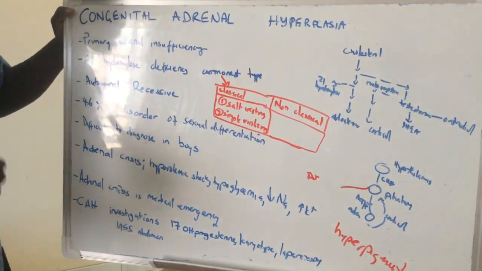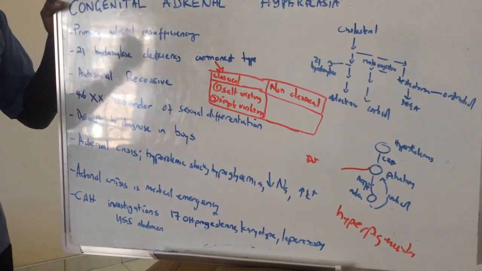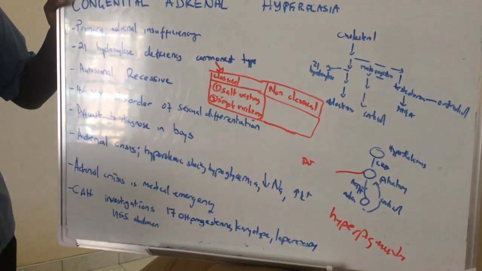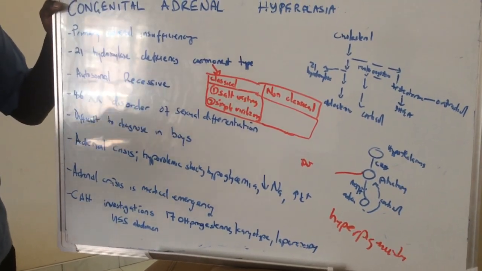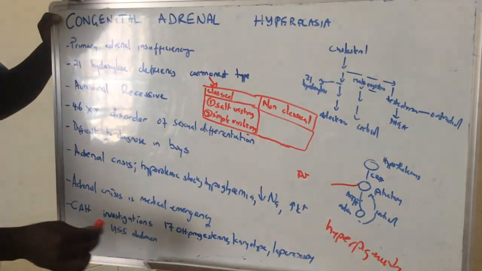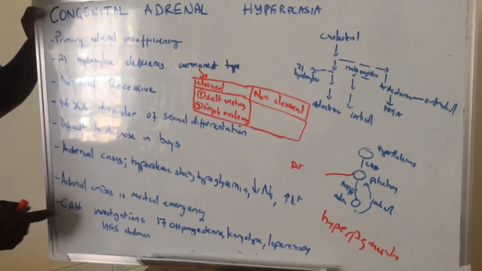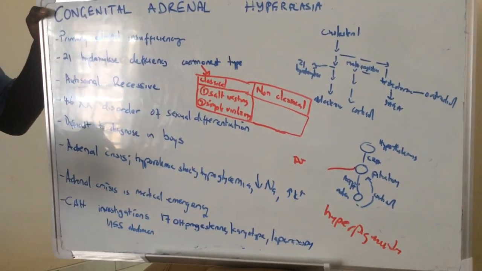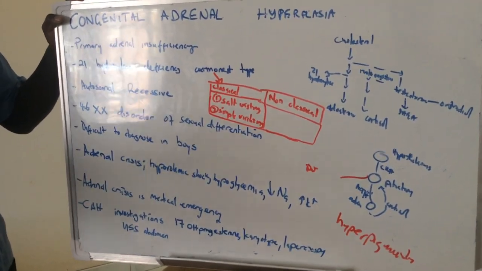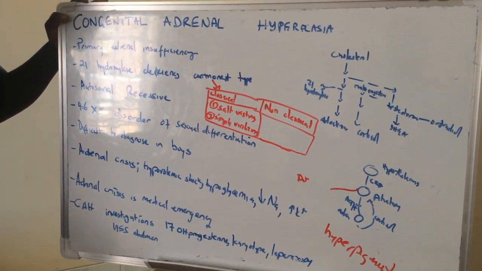So if you do these investigations on a patient, then you can tell whether the patient is more likely to be female or male. And the decision on whether the patient should be a female or a male should be made when the patient is above 10 years. Then the patient will be consulted to decide whether they want to be assigned a female gender or a male gender. With these investigations, you can tell the genotypic sex, and you can also tell the phenotypic sex, but the patient will also be consulted to decide on the gender role that they want to be assigned to them. Okay, so